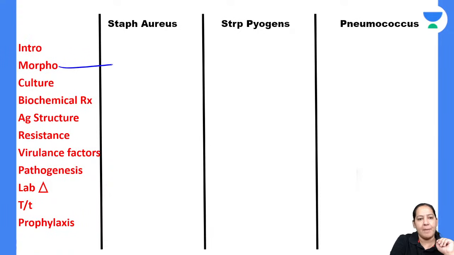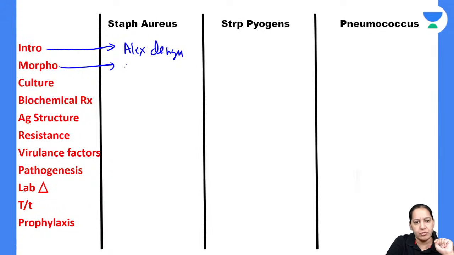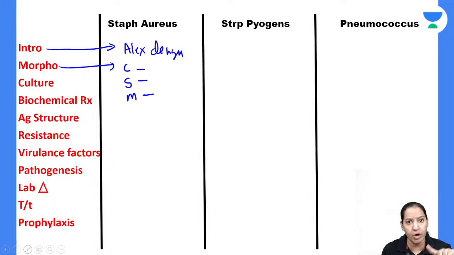So apply the 3 mnemonics. The summary is that in the introduction you have already written that Staphylococcus was discovered by a scientist, whose name is Alexander. That is an important point in the introduction. In morphology, write down 3 things: capsule, spore and motility. All 3 things are negative. These are non-capsulated because they are not coming in the mnemonic of capsulated bacteria, Pakib MCV. They are not spore forming because they are not coming in the mnemonic BSc chemistry, and they are non-motile because they are not coming in any mnemonic of motile bacteria, neither peritrichous nor polar. Give me a thumbs up. So all 3 things are negative.